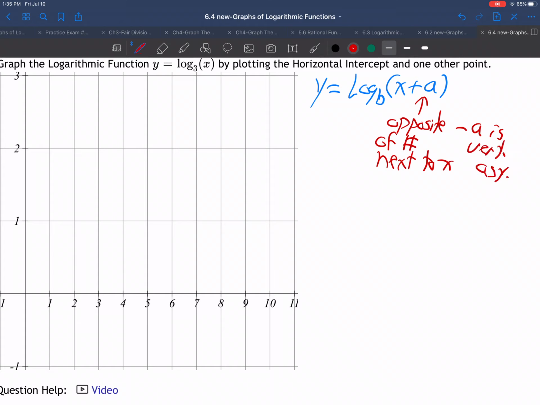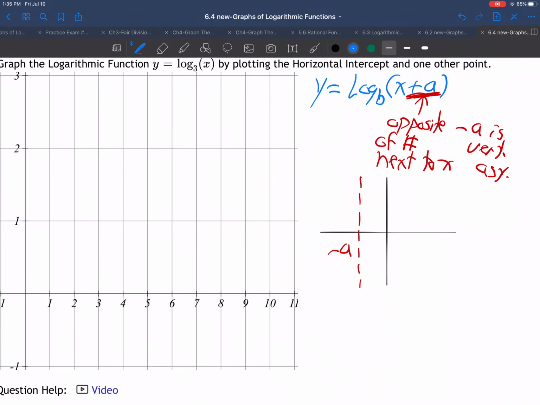So log graphs always have a vertical asymptote, and they have that at the opposite of their number that's next to it. So let's say back here at negative a, opposite,